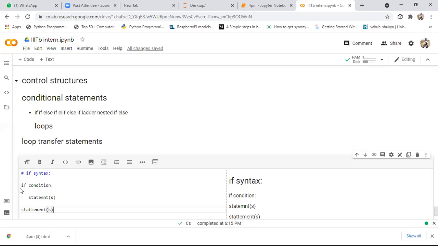Remember guys, here first we need to use the if keyword. After that, whatever condition you want to specify, you can specify that condition. After that, we need to keep a colon. Whenever you keep a colon and click on the enter button, by default one tab space will be created. If some statement comes with this tab distance, it means it is a statement which is present in this block. Or else, if you are writing some statement aligned with this if, it means that statement is not present in the conditional block. That is the meaning of it.